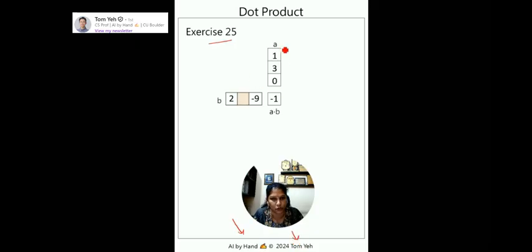Here too we have a vector A with three values 1, 3, 0. And kindly just observe here the B vector has only two values. Let me just start with the multiples of each entry. That is 1 multiplied by 2, here it is equal to 2. And anything multiplied by 0, of course, here we just get the 0.